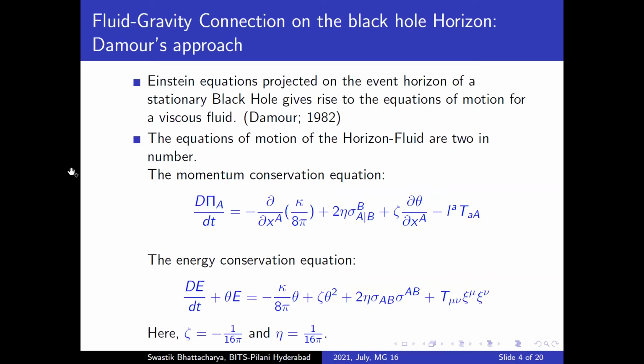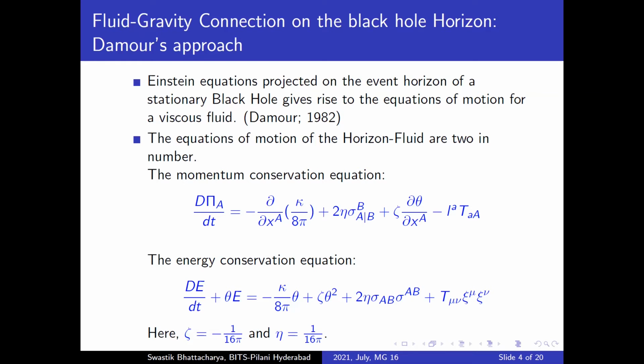And this just tells you how this description goes. The Navier-Stokes equation for a fluid basically consists of the energy conservation equation and the momentum conservation equation. Because of viscosity, there is a dissipation term, several dissipation terms in fact. So one of them comes from the bulk viscosity term. This zeta is the bulk viscosity coefficient. The other one comes from the shear viscosity. The sigma AB is the shear, and the eta is the coefficient of shear viscosity. These terms that you see here in both these equations at the last, they are basically source terms.